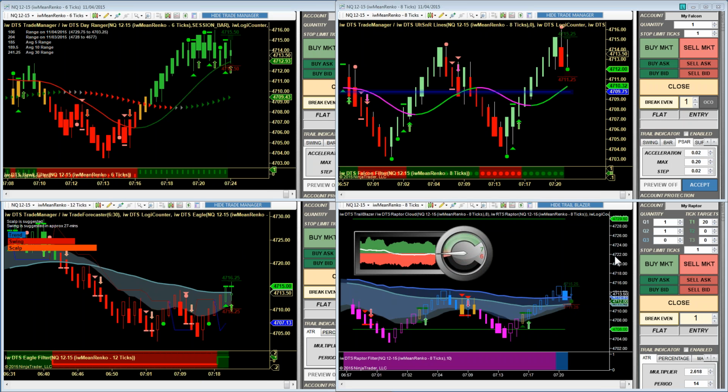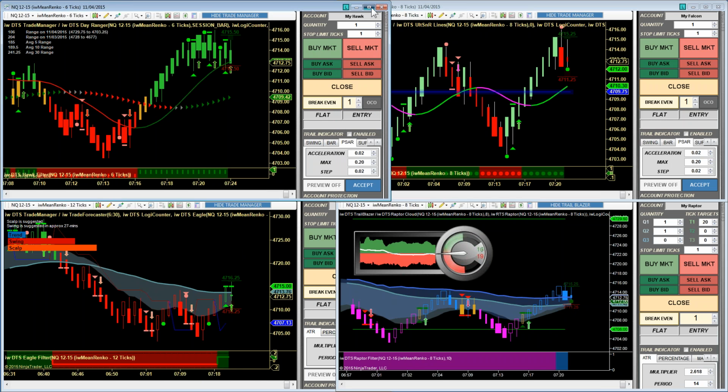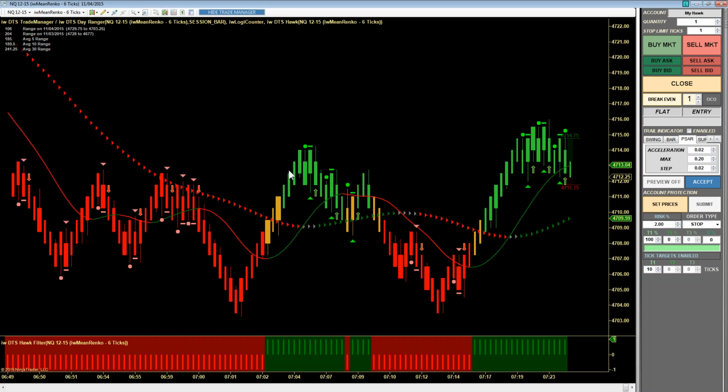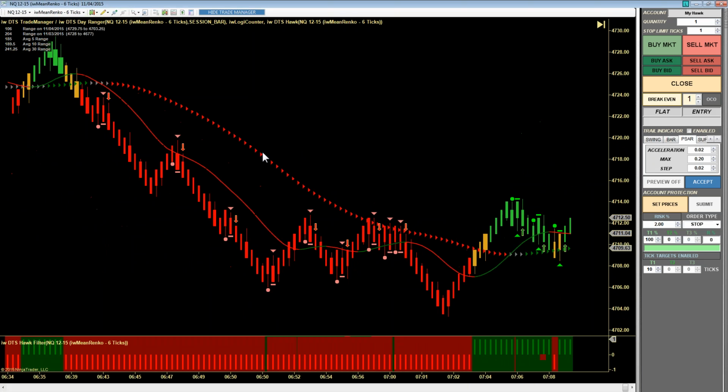Igor asks or comments, looks like a pretty complex and somewhat discretionary system. No, not really. I know at first blush it looks a little complicated. It's because there's a lot of arrows and things going on, colors changing, filters and whatnot. But really, it's not that bad. Like I say, we're really just looking for a few setups. So for instance, here on the Hawk,